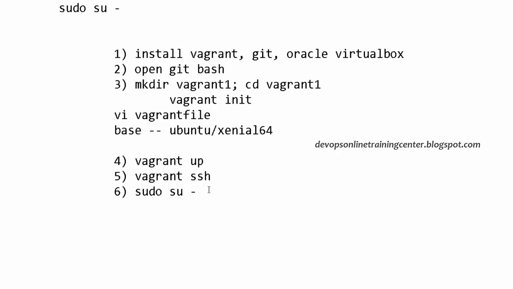If you're comfortable with all these things, we'll see Vagrant again: how to stop a VM, how to start a VM, how to delete a VM, how to have a public network, how to establish communication between the VMs. But right now, the task is just to get a development environment ready on your local machine.